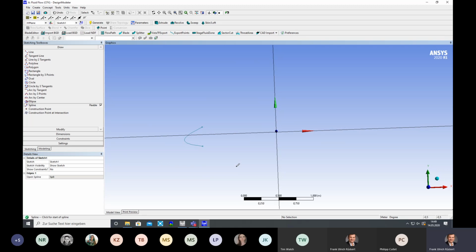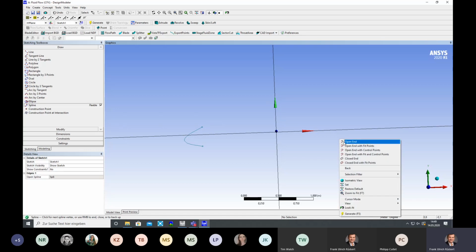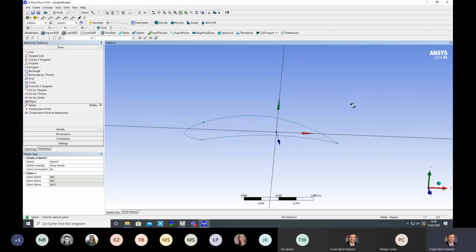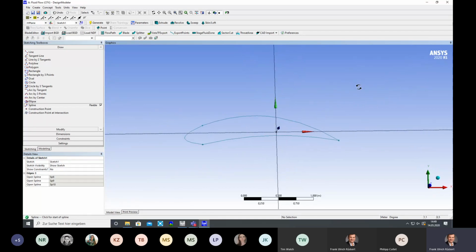And now I make the wing a bit more easy. I just want to use 3 splines. I do a left mouse click on the bunch in the middle and a right mouse click here, and I take the last spline. I do it like this. Open end. Okay, that's a nice wing. It looks pretty good. And I can go to extrude,